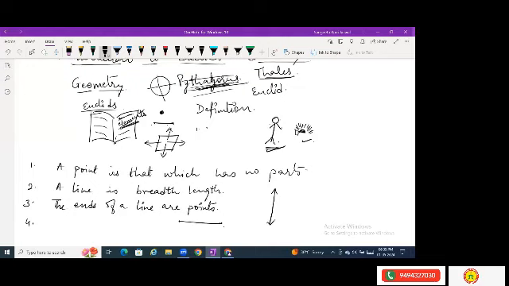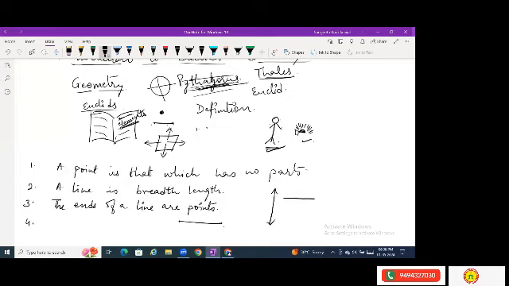Sun rises in the east, yes, we all know that. Nothing to be proved in this. So these were some universal facts. So same way, geometry also has some universal facts. A point has no part. A line is breadthless. It has negligible breadth. The ends of a line are two points. Of course, a line will start somewhere and it will end somewhere. So that means it has some definite point at the end and the starting point, right?